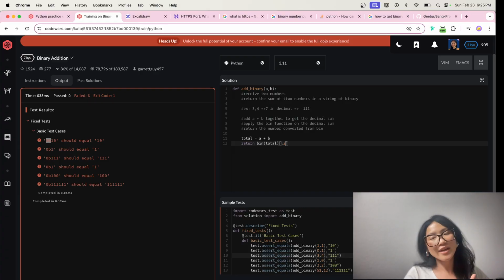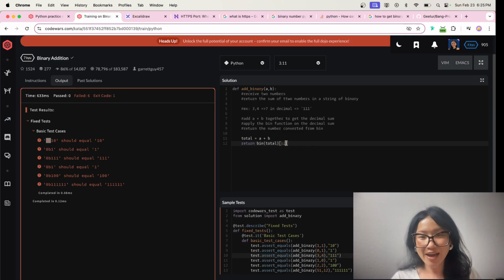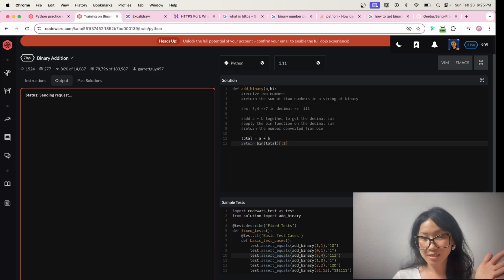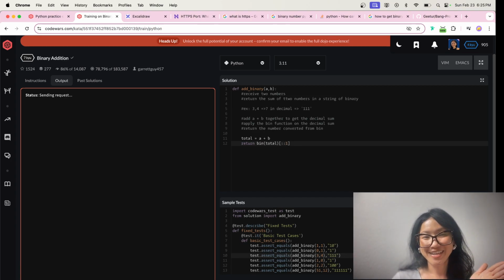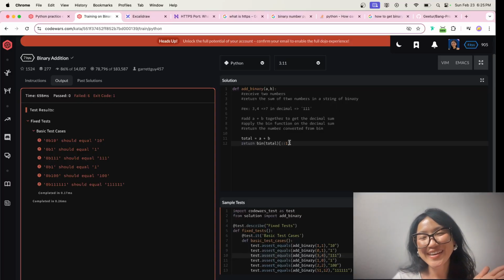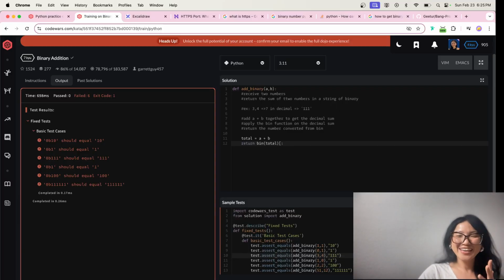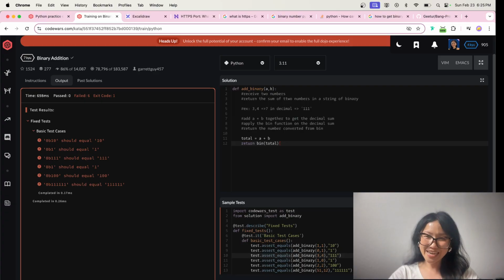Basically saying I want everything after the first index. Oh wait, this one. No, oh okay. Because what I'm trying to say here is, I'm going to go ahead and use the slicing method. And here in the slicing method,